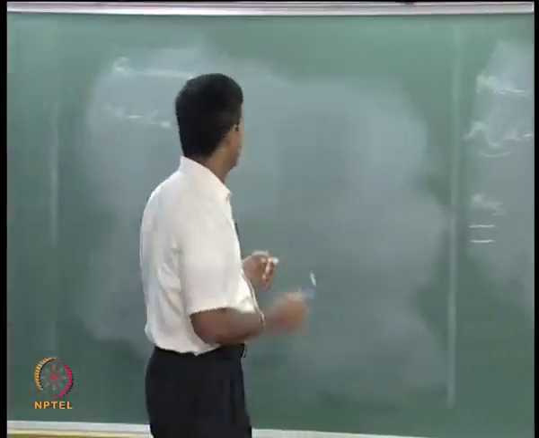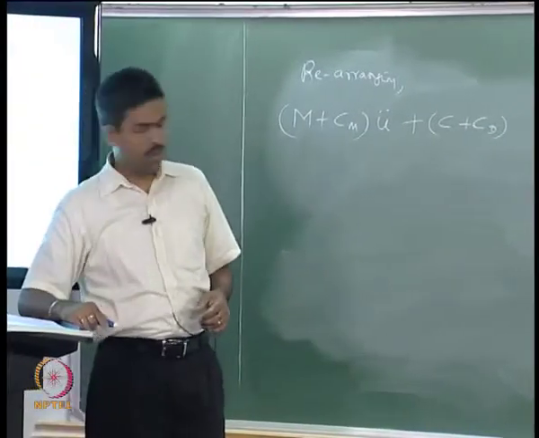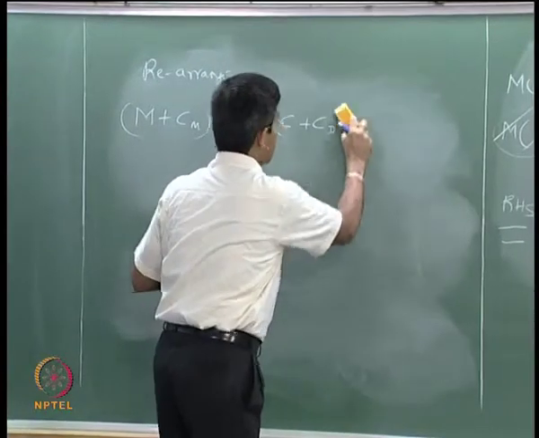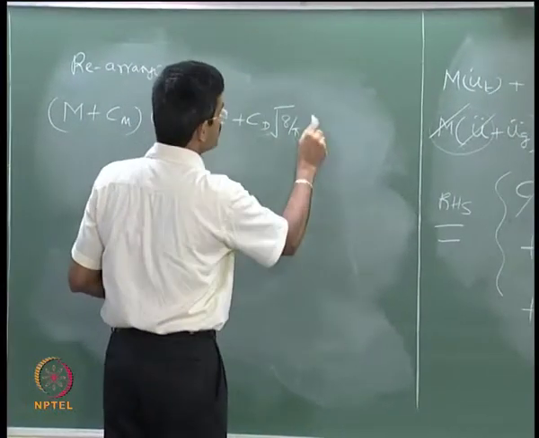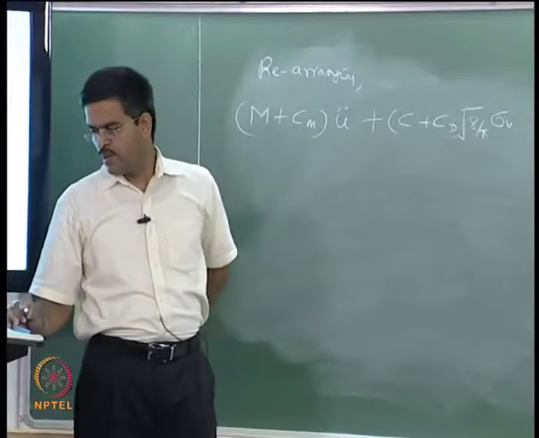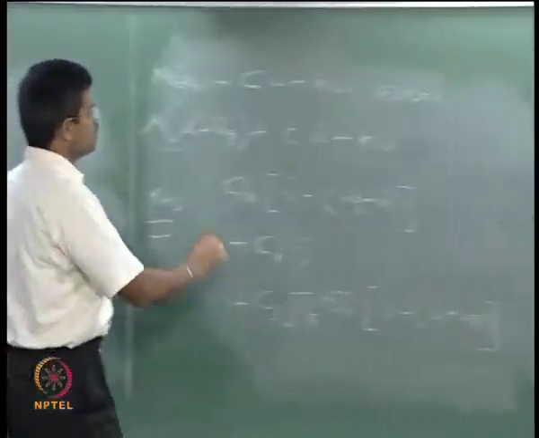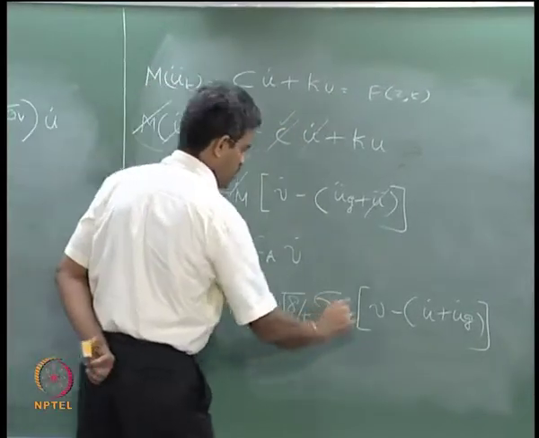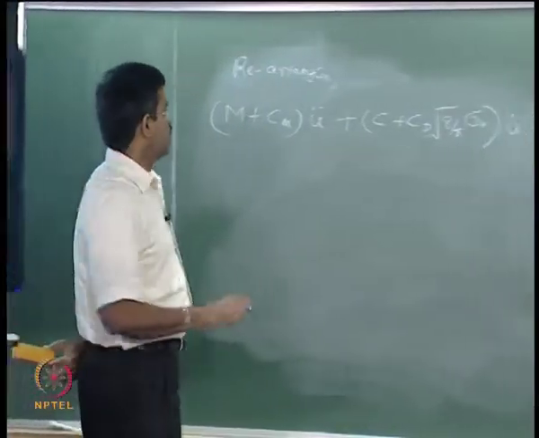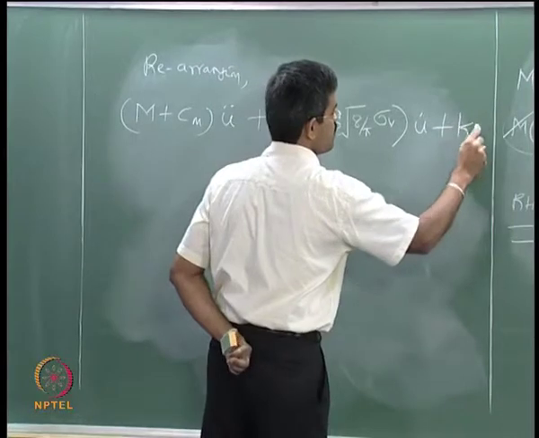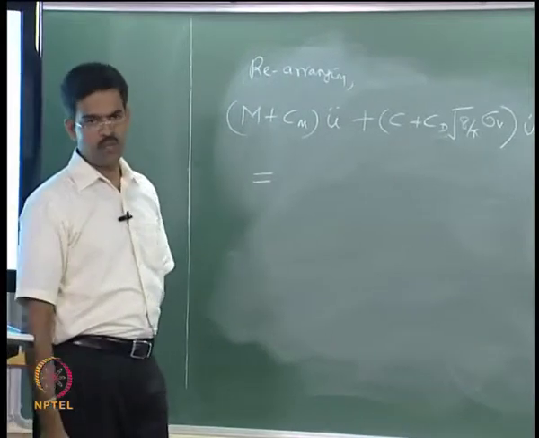I bring it to the left hand side, C plus CD, and CD has got a multiplier here, root 8 by pi sigma v of u dot. So this term is gone, this term is gone, plus Ku is equal to